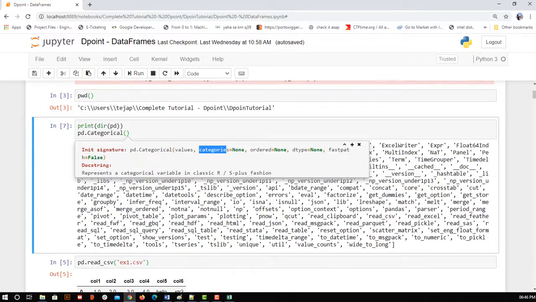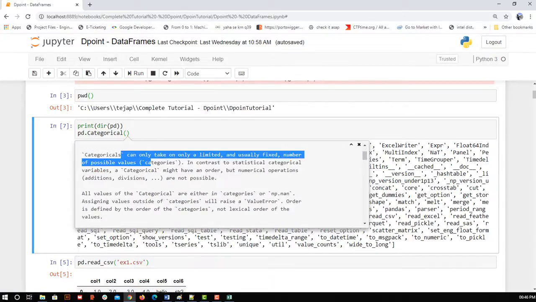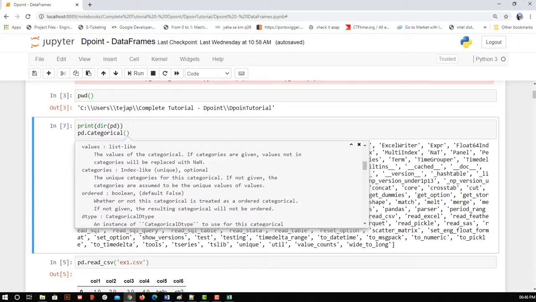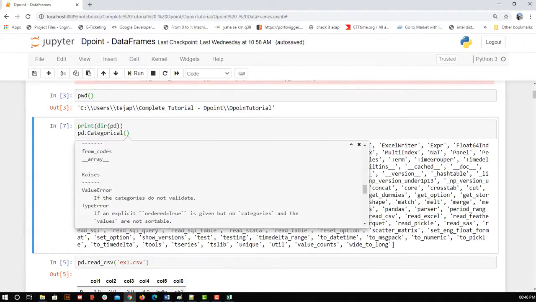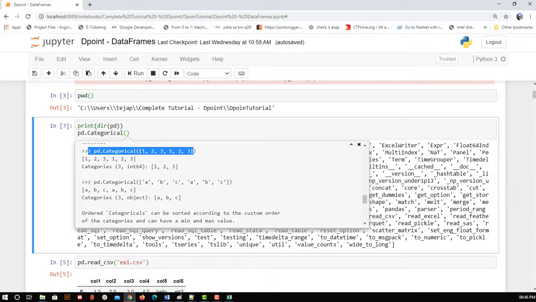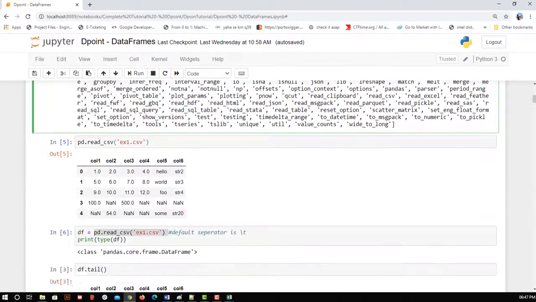So what do categories actually mean? I can scroll down a bit and see what categories means, and then I can see below the documentation of each parameter, and I can also see the examples. So this is how you understand the functions, their parameters and examples, without moving anywhere, inside your notebook, exploring as much as possible. Okay, so this was about dir and categorical, and let's now get back to this.